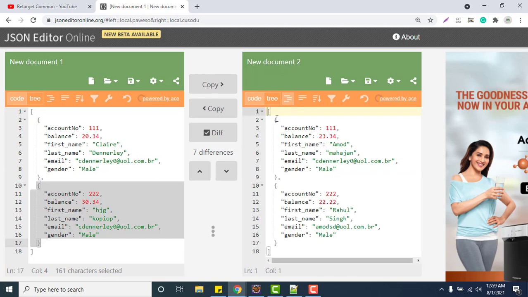Can you see here? It has two JSON objects passed as a JSON array. If you are seeing two JSON objects, that doesn't mean that you need to create two Pojo classes. Both of these JSON objects can be created with the same Pojo class.